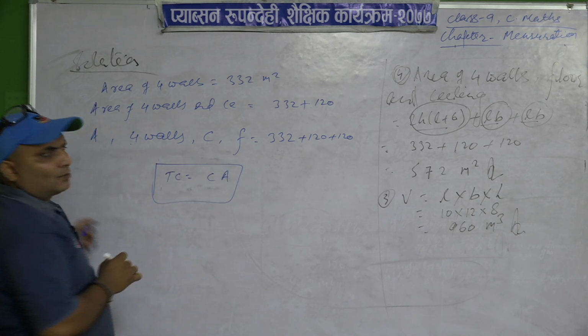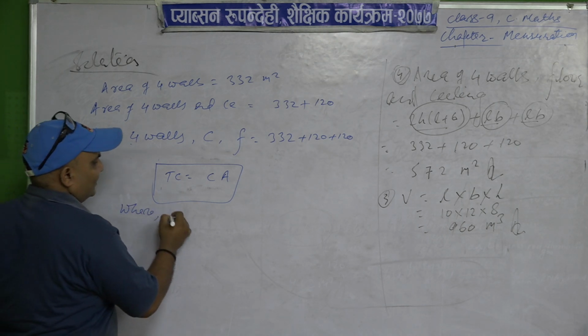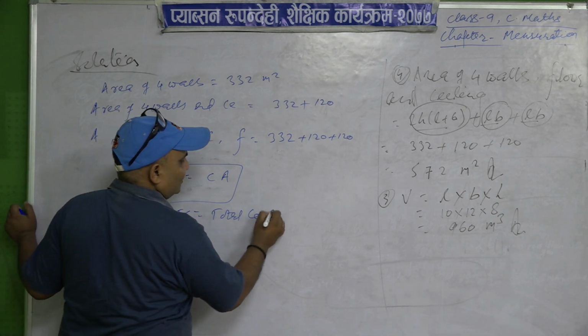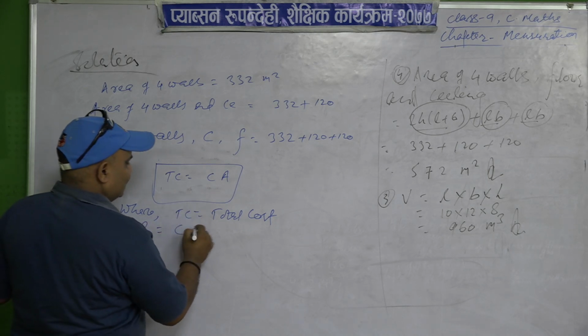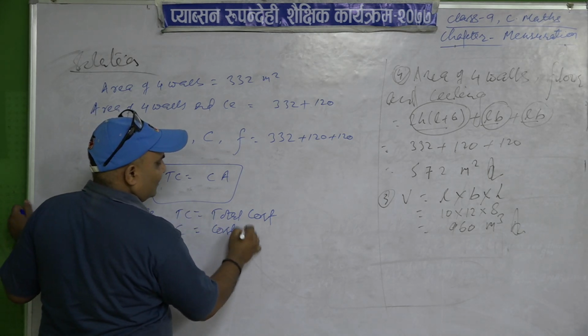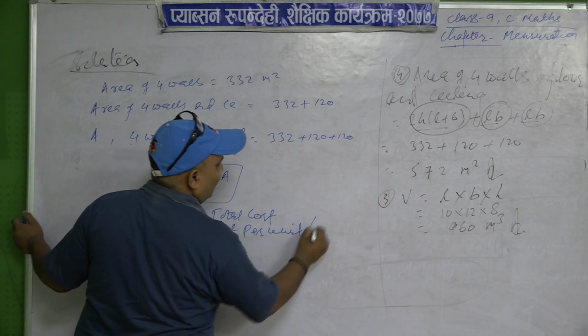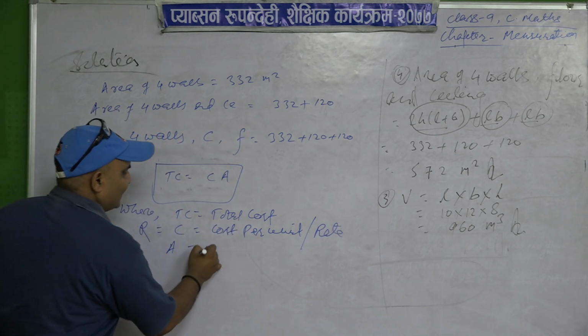Okay, total cost is equal to CA, where TC is total cost, C means cost per unit, or we can say rate, and A is area